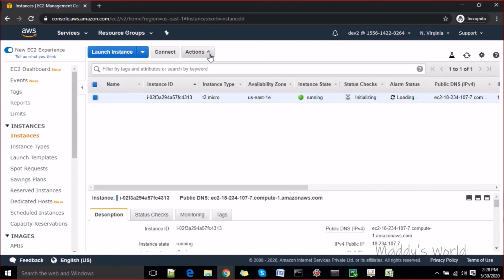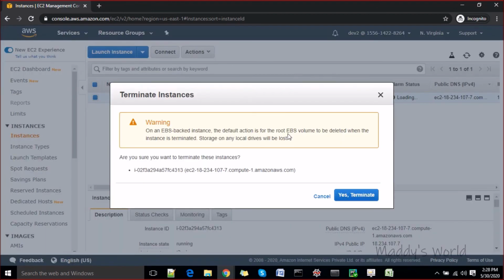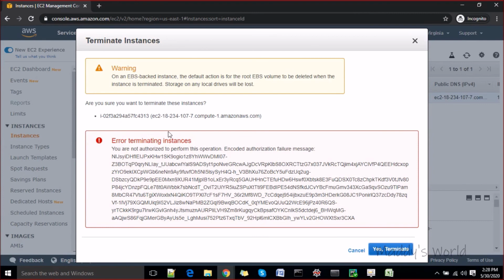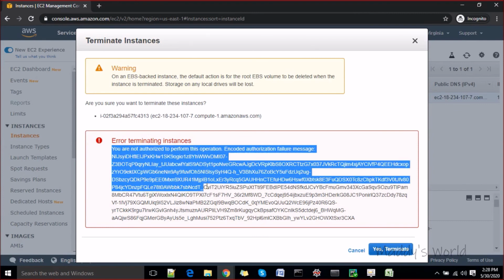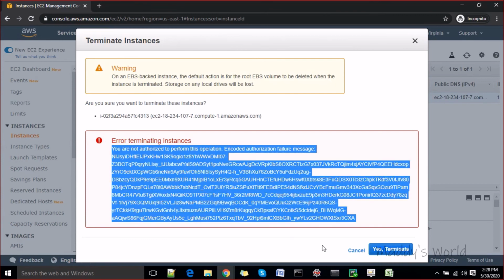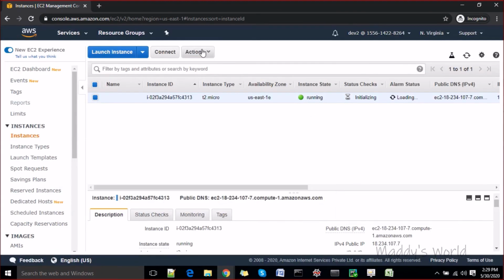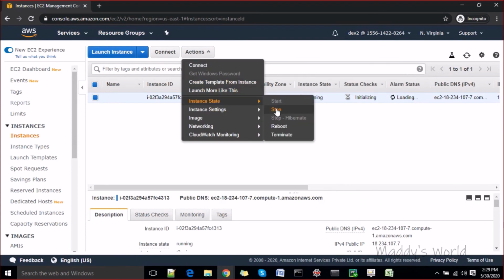So now let's see what access we have. We can stop it, we can reboot it, we have not given the terminate action, I think. Let's see if we can do this. See, we are not able to terminate it because we are not authorized to do it. In the policy we have not defined that this user would be able to delete the instance, but this user would be able to stop things as we have given.